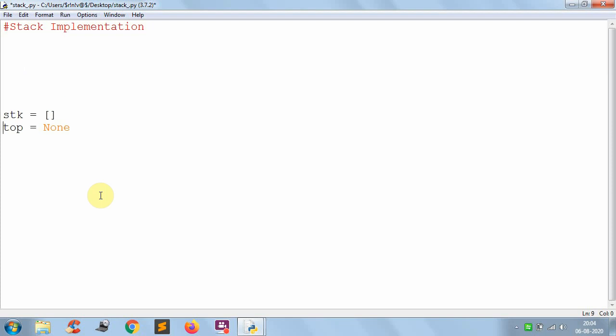Now after that, for performing different operations, just create the menu in a loop.